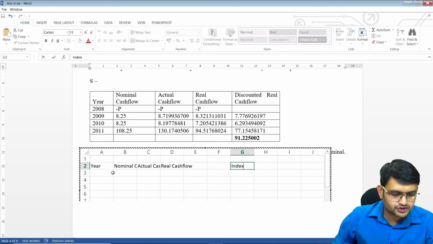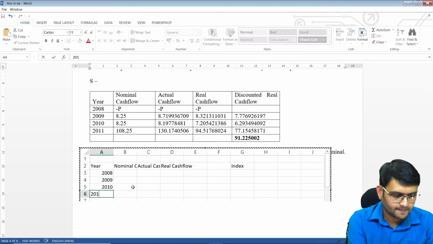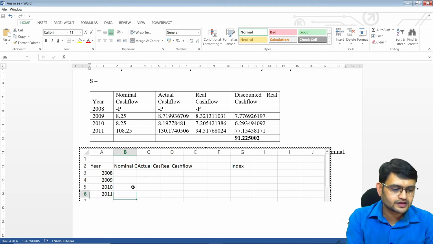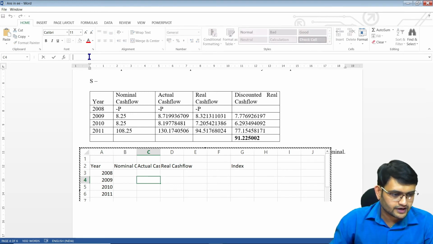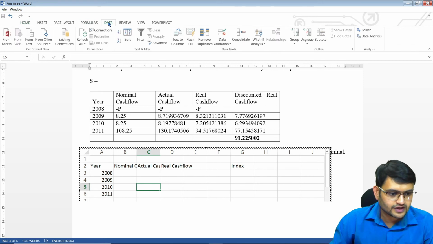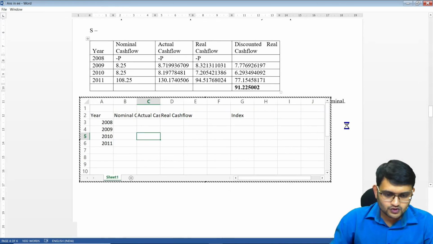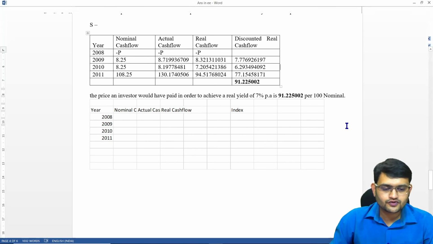So from the question, you can do anything and everything that we can in Excel. Here you can multiply, divide the same way. You can write the formula here. If you want, you can even use goal seek and stuff. So here you have data, you have your what if analysis. Everything that you can do in Excel can be done here. And when you're done, just click outside and you will get back to your Word document.